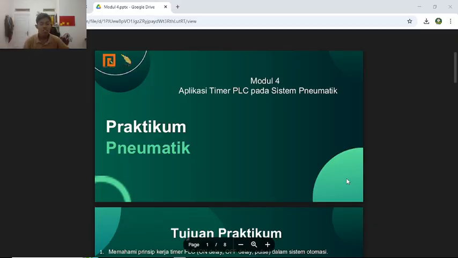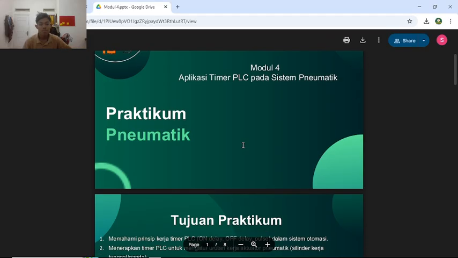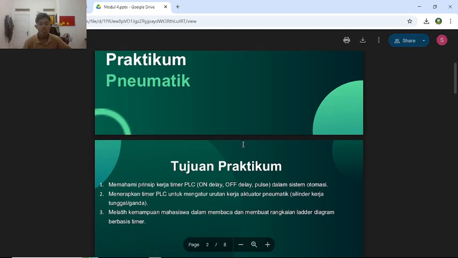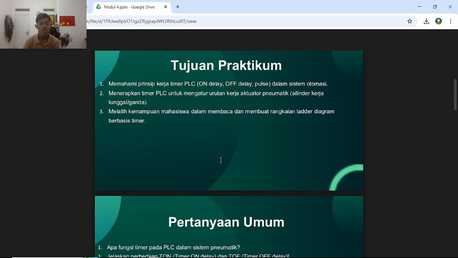Let's begin with a short introduction to PLC. A programmable logic controller, or PLC, is a digital computer designed for industrial automation. It receives input signals from devices such as switch, sensor, or push button, and processes logic to control output devices such as motors, lamp, relays, and actuators.